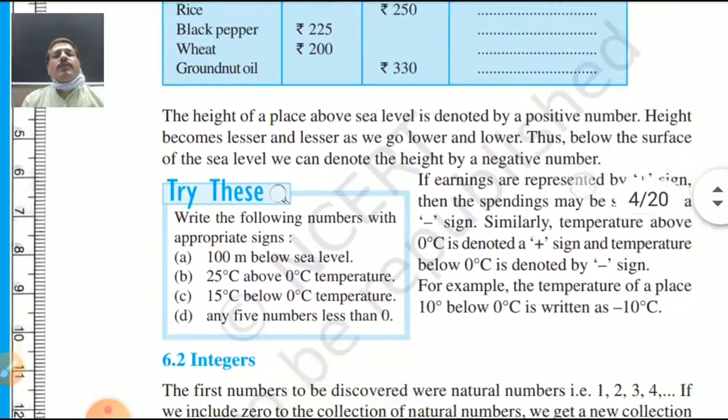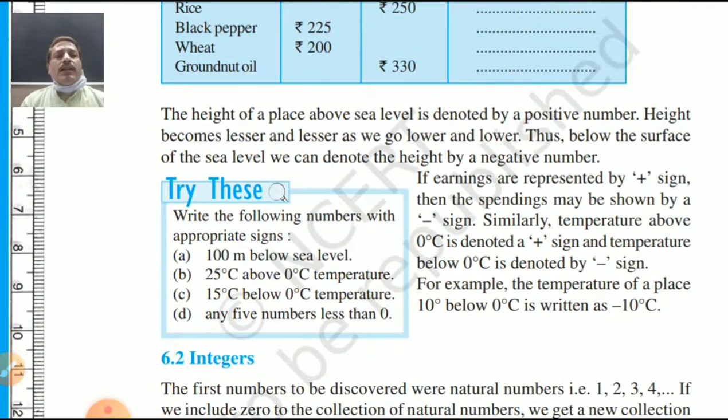Good. In the same way, sometimes you may have heard about the temperature also. Yes, 25 degree temperature, 27 degree temperature, minus 3 degree temperature in Simla. Yes, my dear student, minus can also be there. Or in the same way, sometimes you can see on railway stations or some places, they show us that this place is above the sea level, this much meter high or this much meter down.